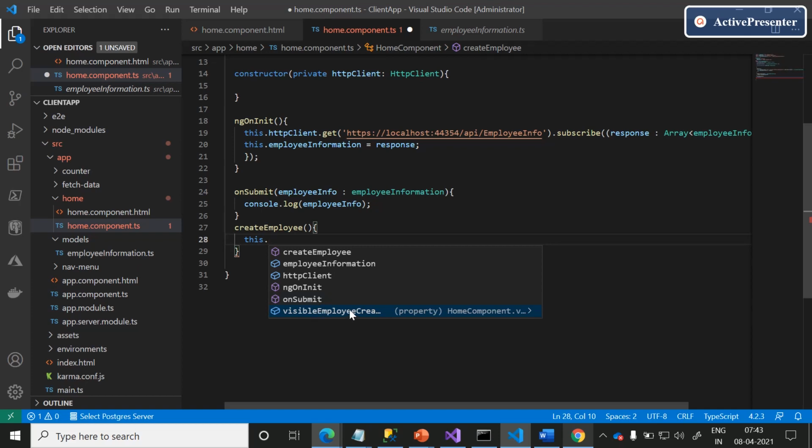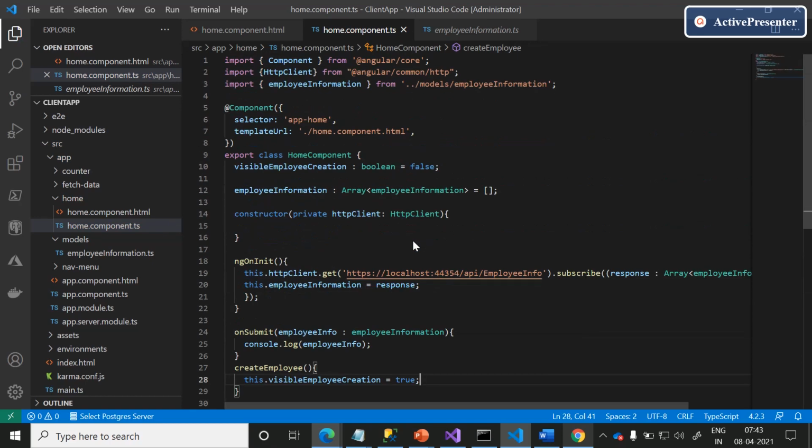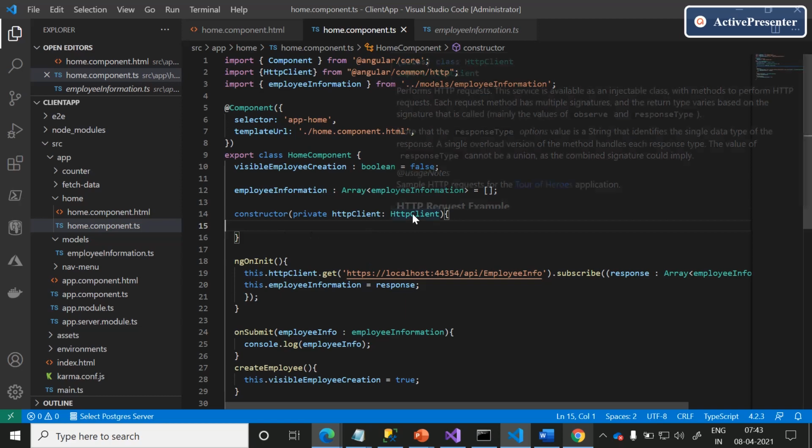We have a property called visibleEmployeeCreation. By default the form will be disabled. On the click of create employee, we assign the flag to true so that the form will be visible to the user.